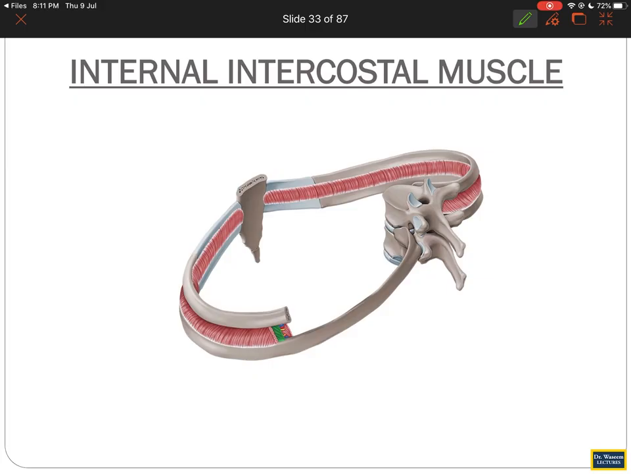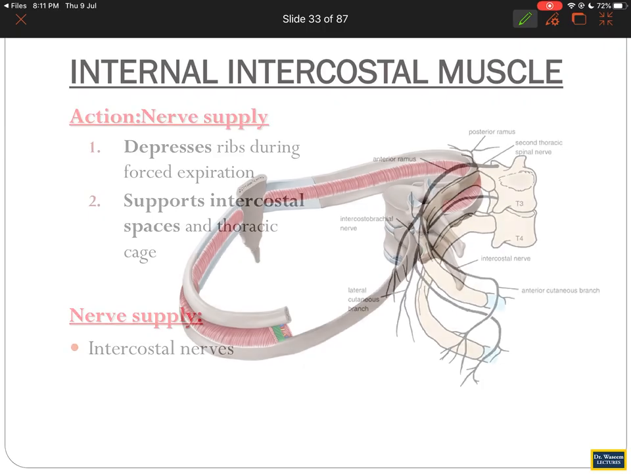You are watching these fibers here like this, and watching the other fibers like this. But you see this green color is the internal intercostal. Again I told you that it is depressing them, and it's obviously